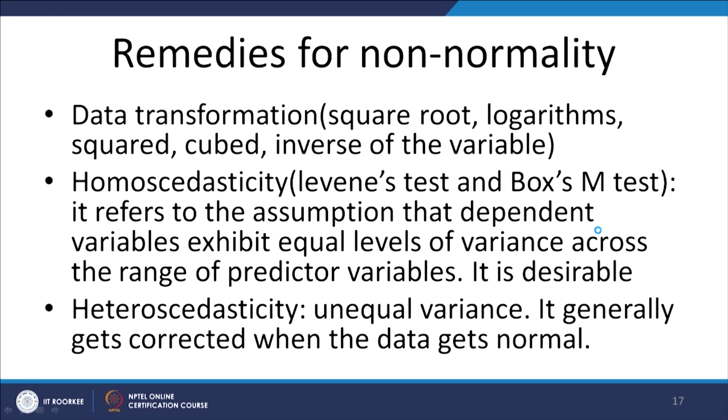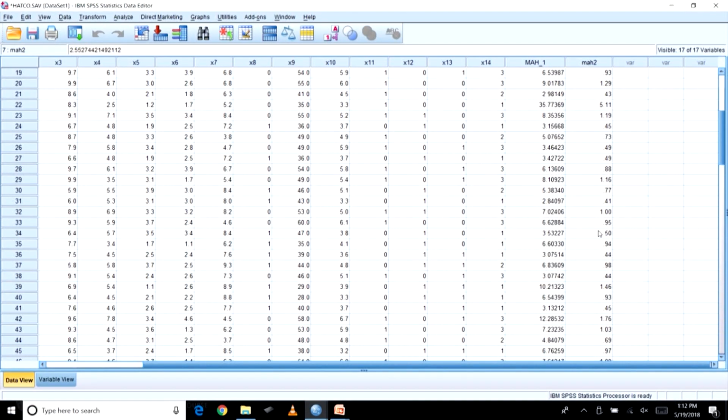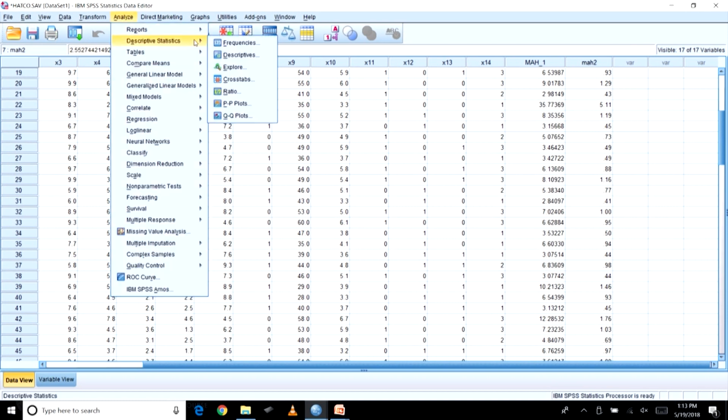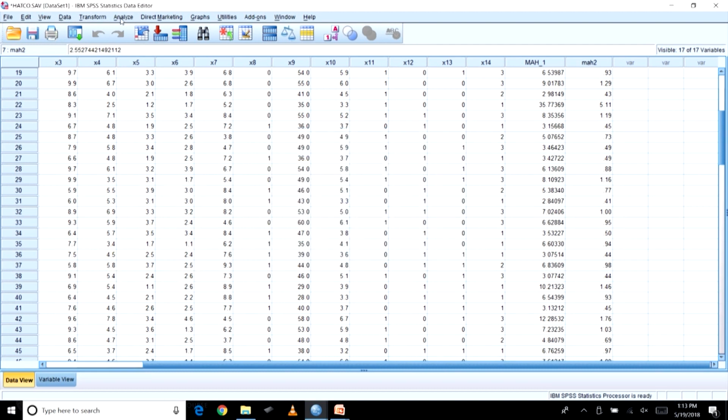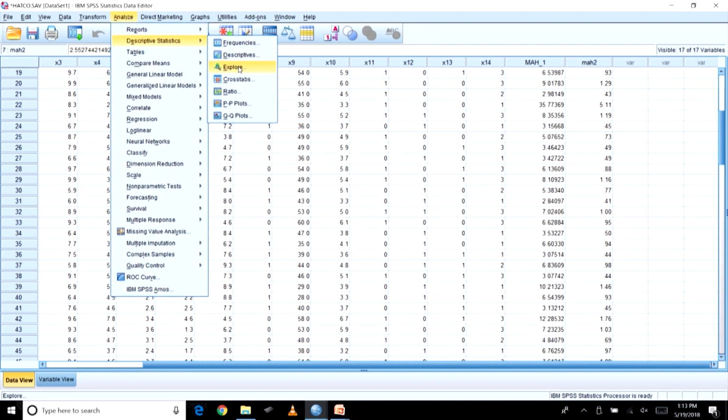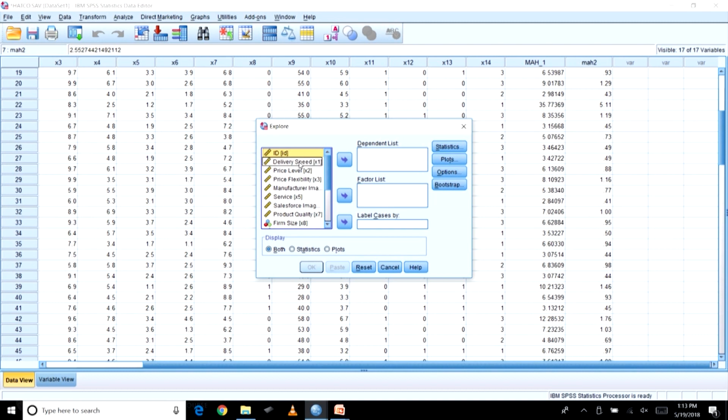So, how do you do it? First let us check whether there is a non-normality problem or not. Now, how do I do that? So, in SPSS for example, go to Analyze, go to Descriptives, go to Explore. Can you see this? Now, what I am doing is taking the variables. Let us say I am showing you these 5, only these 5, others I am not interested in at the moment.